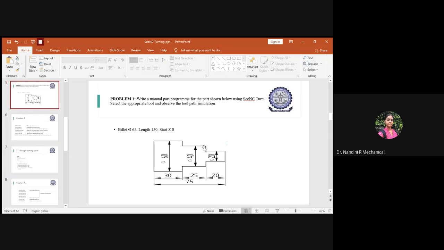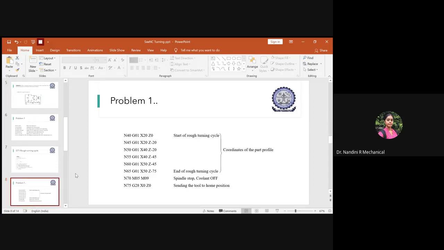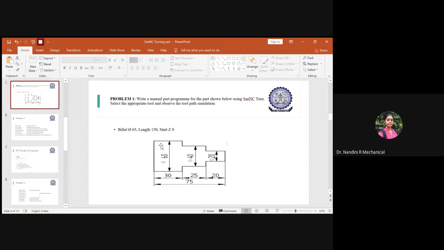After this, now you have to proceed back, right, towards your left. So now X is 40 and Z is minus 20. Then you have to move here, right? So X will be 40 itself, but Z will now add on. It was minus 20, so you will add still 25. Minus 20 and minus 25, it becomes minus 45. So the next step, what you will write is N55, G01, X40, and Z minus 45. So your tool has reached here.